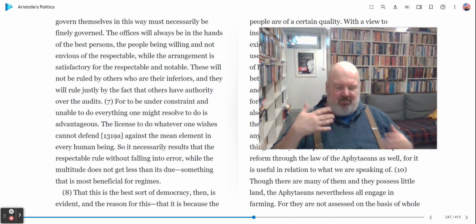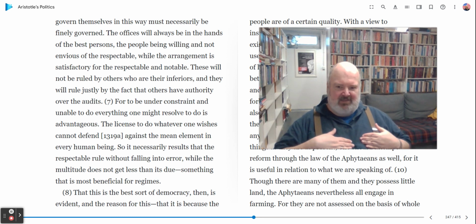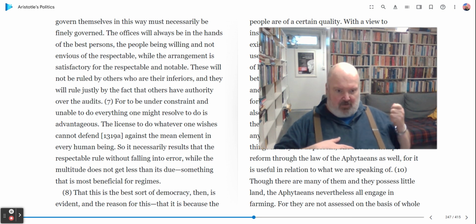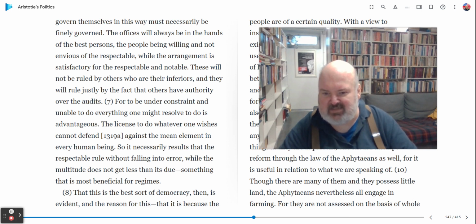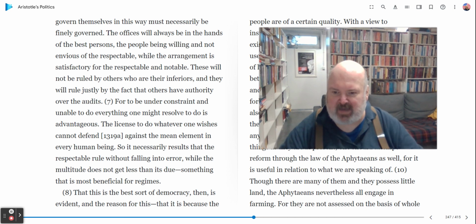In other words, there's a problem. And the mean element, the worst. This is not the average element. The mean here is the wrong: in every human being there's a vicious element, something wrong, something base or vicious that will come out. So it is necessary that the respectable rule without falling into error, while the multitude